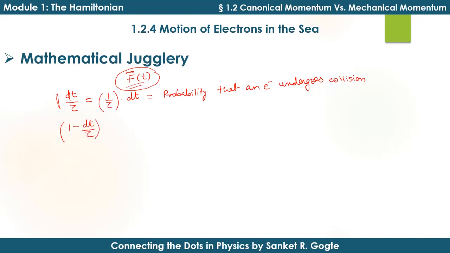There are only two possibilities: one is that the electron does undergo collision, and the second is that the electron does not undergo collision. If dt by tau is the probability of one possibility, the other has the probability of 1 minus the first possibility. So 1 minus dt by tau is the probability that an electron